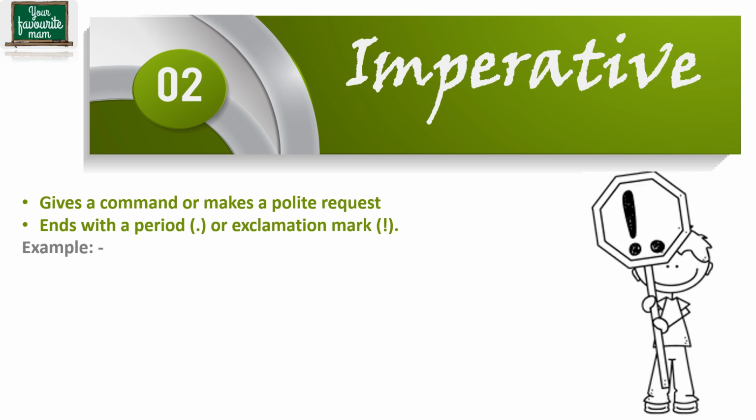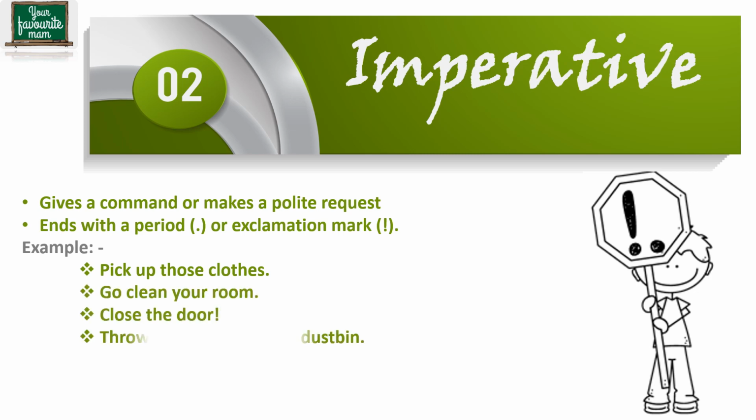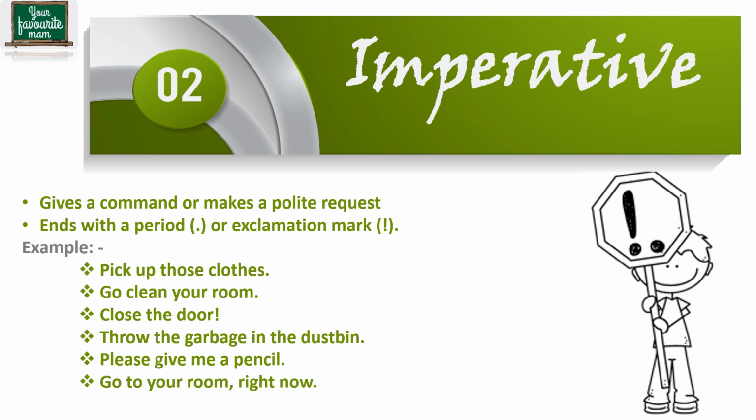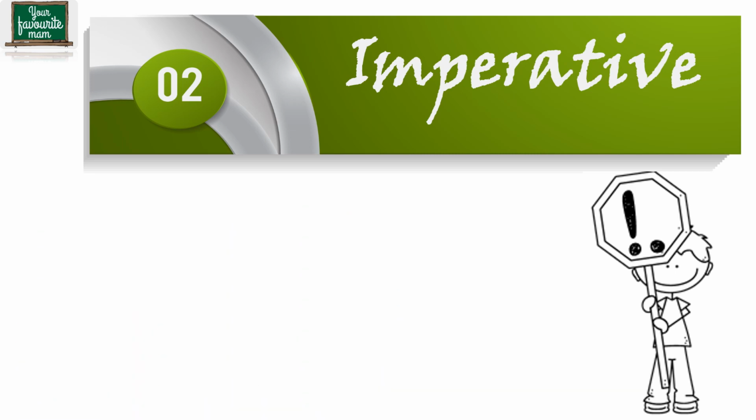For example, pick up those clothes. Go clean your room. Close the door. Throw the garbage in the dustbin. Please give me a pencil. Go to your room right now. In these examples, you will note that there is usually no subject because the subject is understood. It is you. Now, imperative sentences can be divided into positive